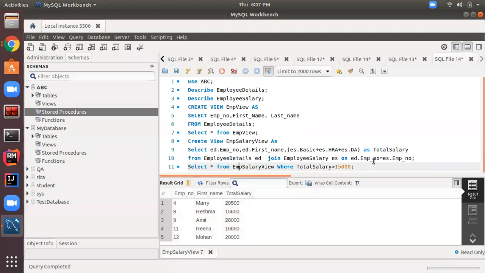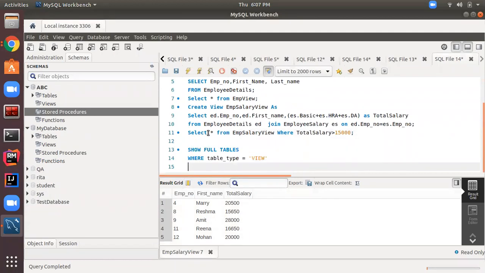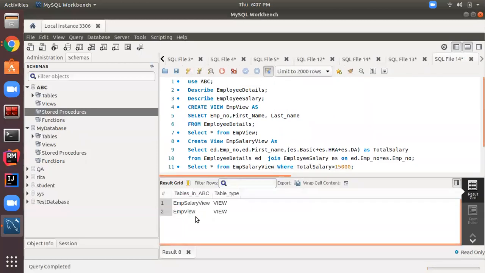So to check the views in the existing database, the command is show full tables where table type is equal to view. It will show you the list of all the views present in the database, right? See, there are two views we have created up till now, so it's showing us the list of two views.